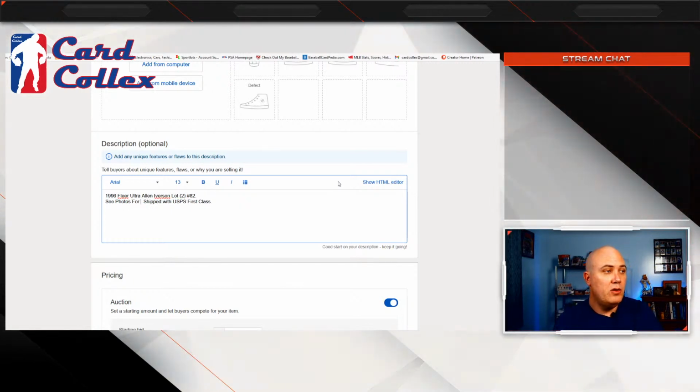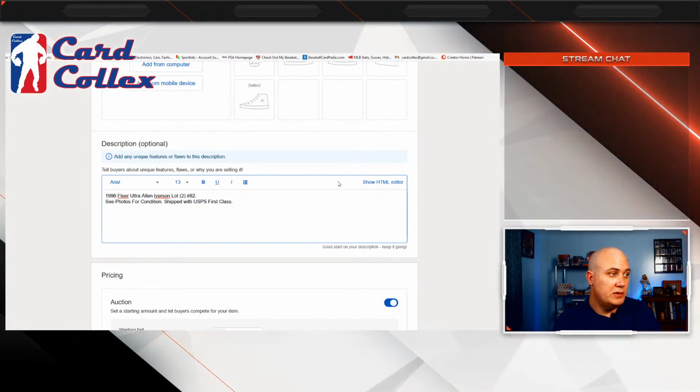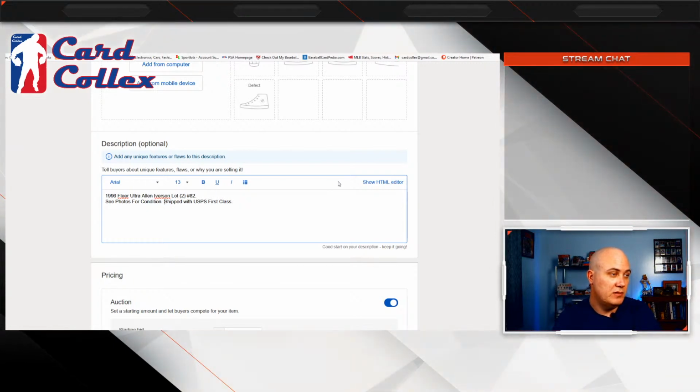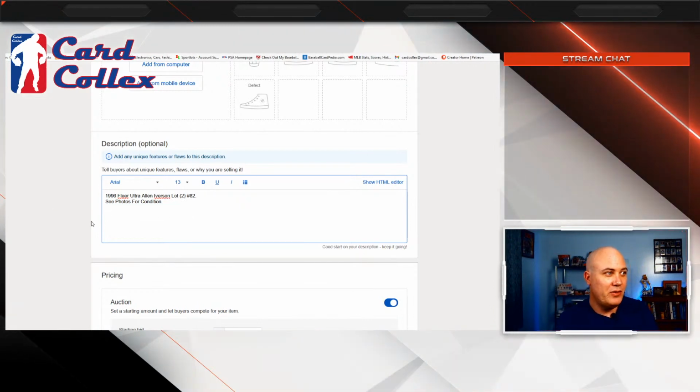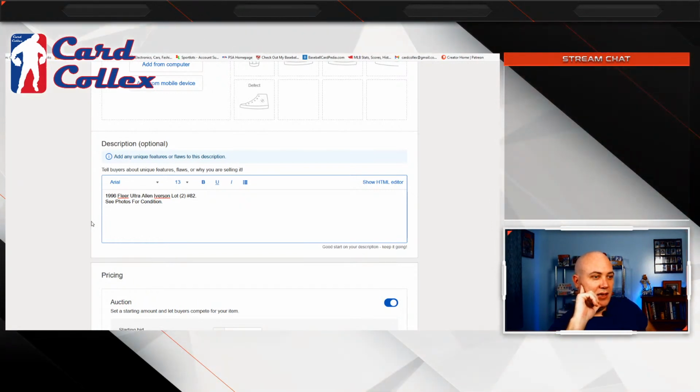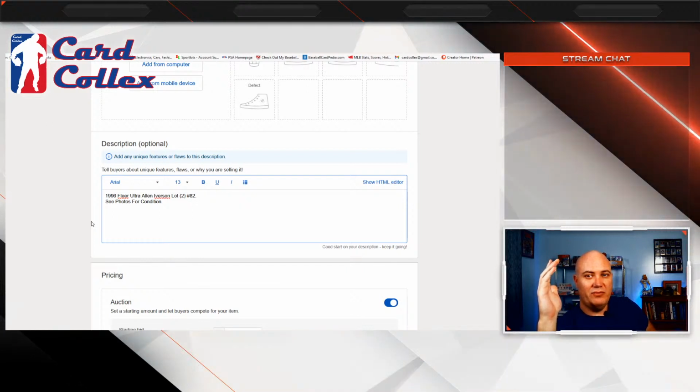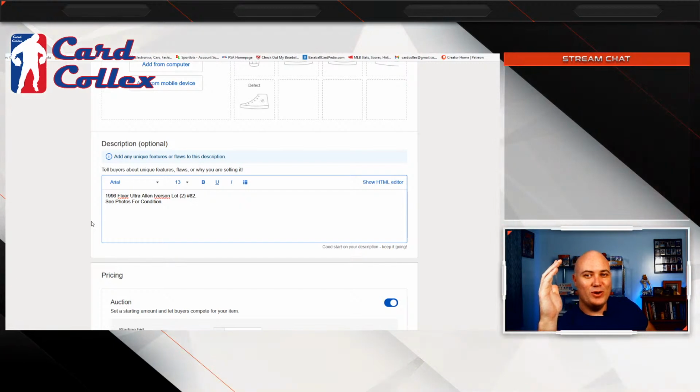If you put good photos in, then you can definitely say see photos for condition. If you put bad photos in, then that's just annoying. If somebody puts terrible photos in and their description says see photos for condition, all they're trying to do is cover their butt and say, well, I didn't say it was great. Everybody thinks that they can not accept returns, but you can't.